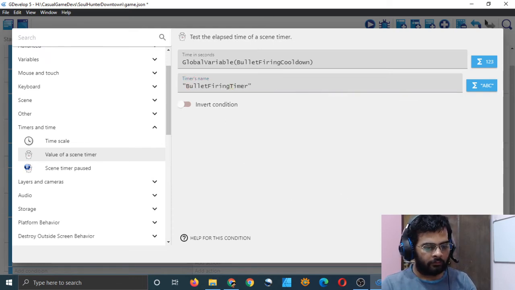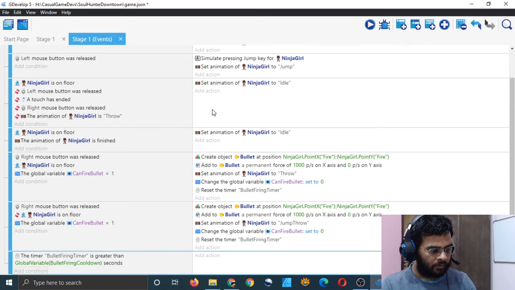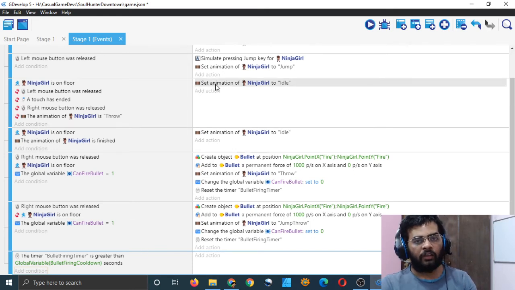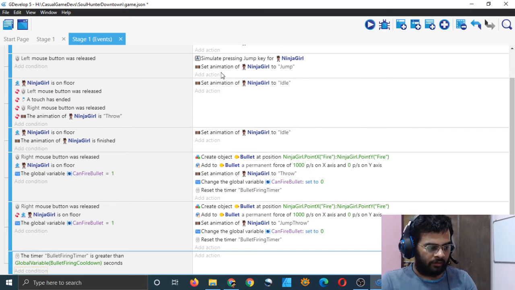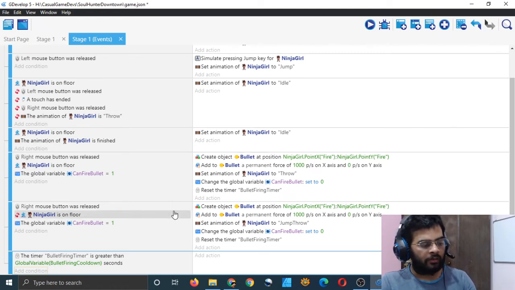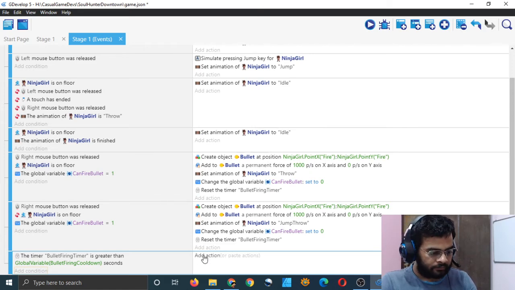That's what it is. So what has happened is, if the timer bullet firing timer is greater than my cooldown, it is 2 seconds. If 2 seconds have passed since the timer has started, then we will change the value of can fire bullet to 1 again, and that way we will be able to fire bullet every 2 seconds.